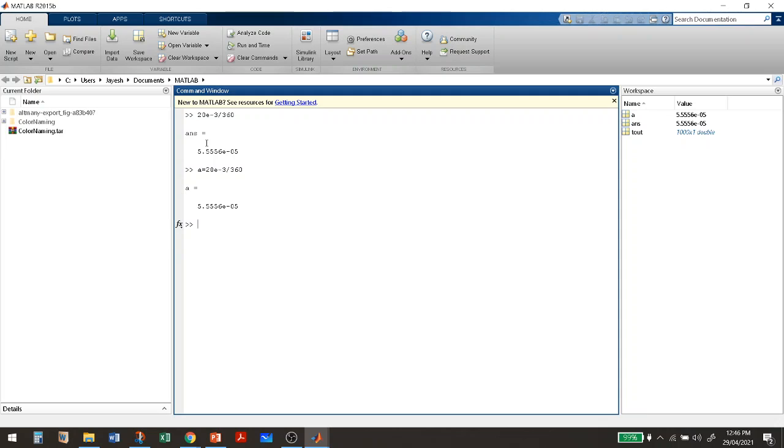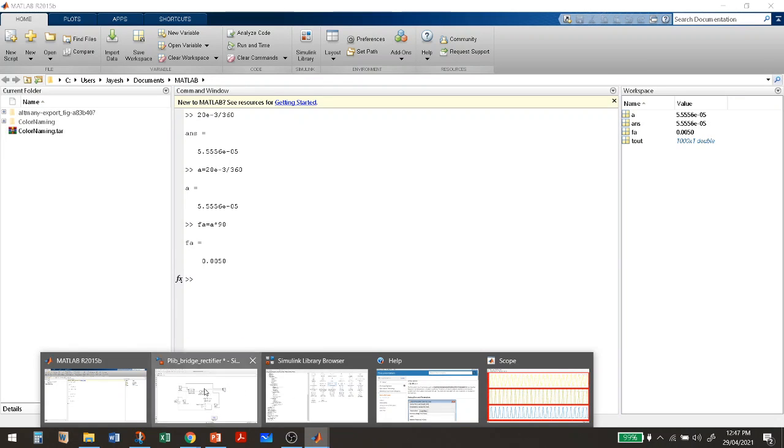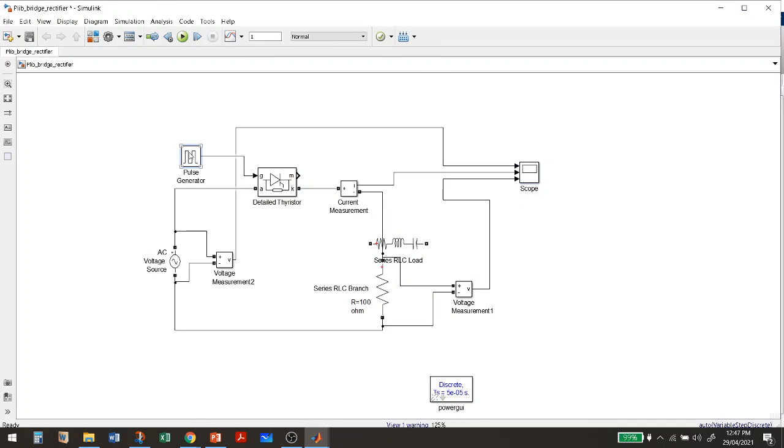So a is nothing but this number. Now I need to multiply a, because I want to set my firing angle at 90 degrees. So my firing angle fa will be equal to a multiplied by 90. So that is your 0.005. That 0.005 you have to enter in this pulse generator.